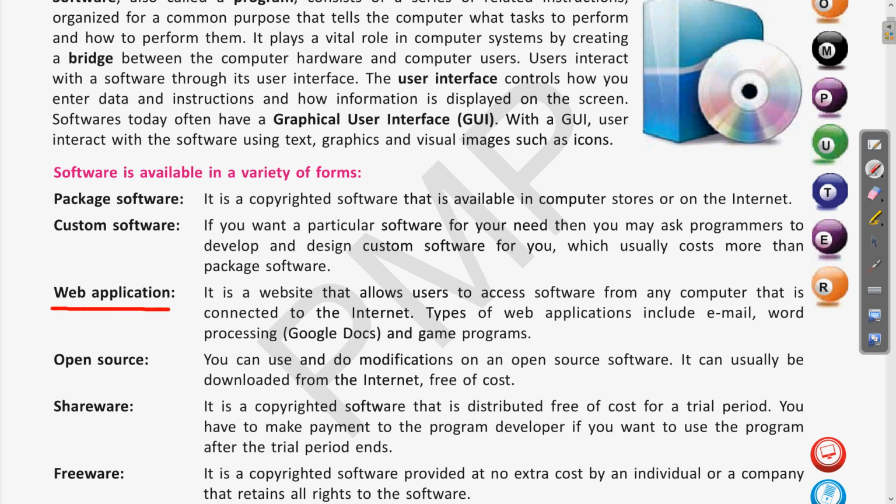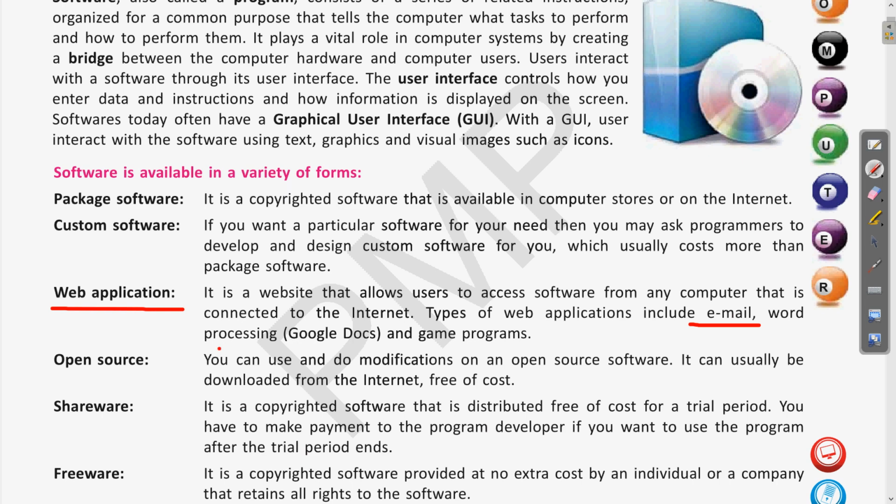Next is web application. So web applications are those software which are accessed through the internet. Clear? For example, the different services which we are using, like email, the different word processing software, Excel sheet. Clear?